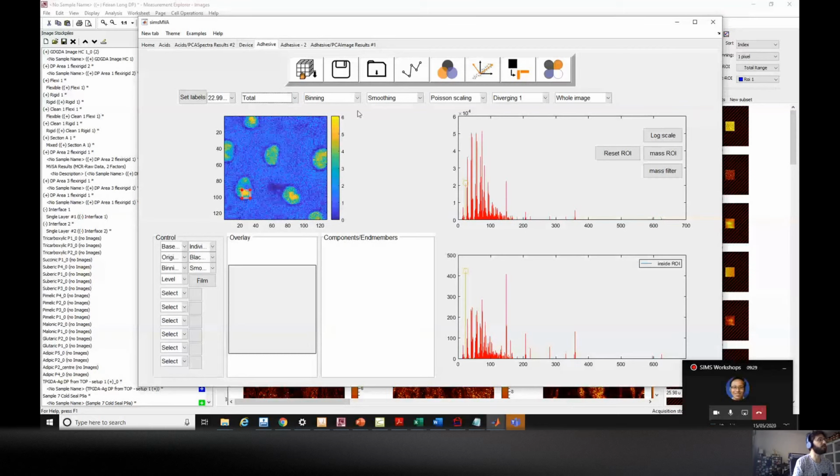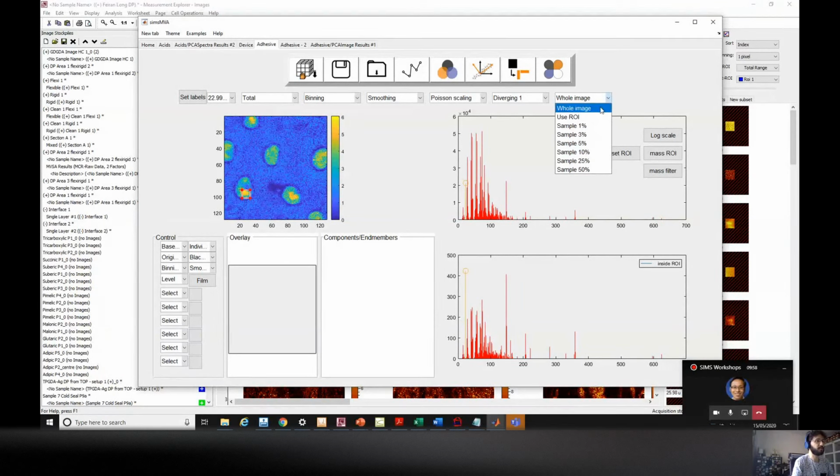Also, we discussed the possibilities of using binning and smoothing in case your data is noisy or too large for the processing. But we can live with this size. It's all right. So the NMF button is the same as we have for the depth profiling or the spectra, if you remember. But there's one thing that's important for the imaging, which is something I mentioned in the first seminar, which is the